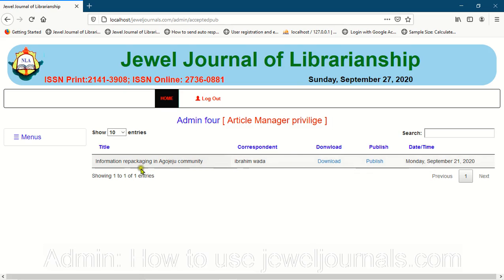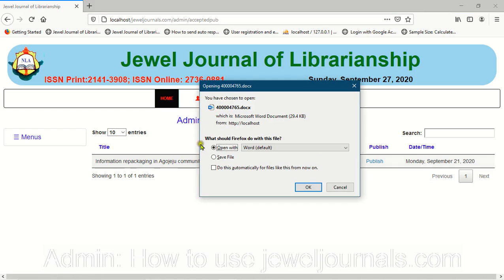Like this one now, it is believed that it's been verified, and it's now being pushed here by the manuscript reviewer, telling the article manager that this work is supposed to be published. So you can download from here and go and work on it, edit it, making sure